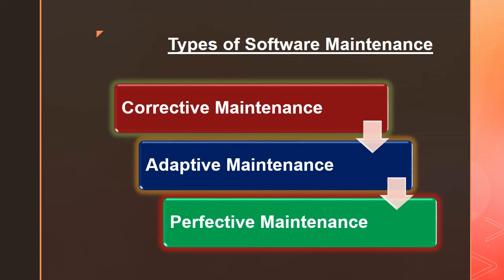Then the next we have the perfective maintenance. Perfective maintenance means we are doing the entire work for improving the efficiency, performance, maintainability and effectiveness of the software product. Basically this perfective maintenance involves changing the software so that we are able to improve its quality, add some new functions, improve the performance of the application and make it easier for the user to use it. So all these changes related to efficiency, performance and quality are handled in the perfective maintenance, and we are providing the perfect software to the customer.